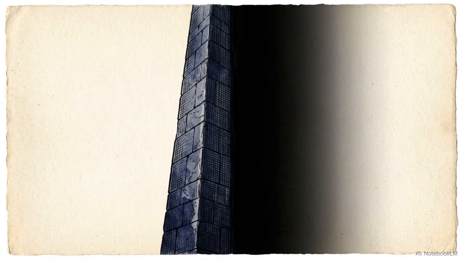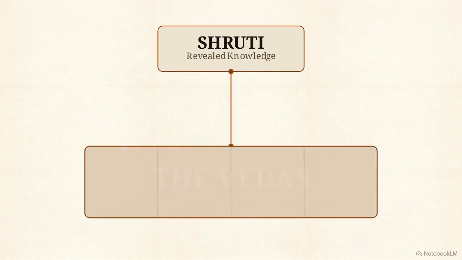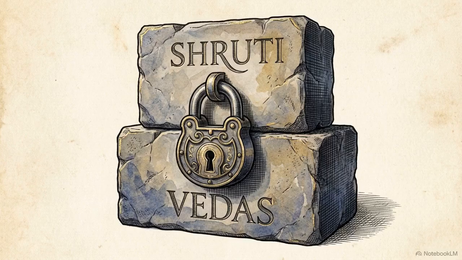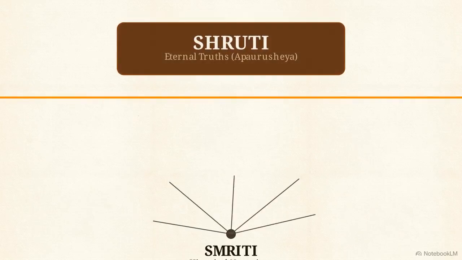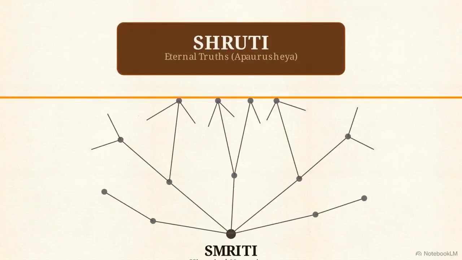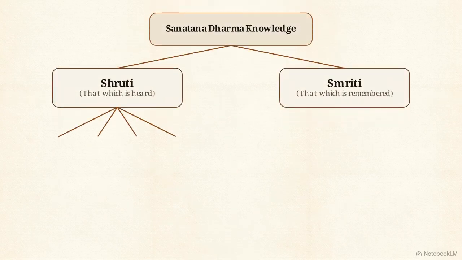To map the blueprint, we start with the Shruti side of the structure. The definitive texts within this primary Shruti category are the Vedas. This binary division provides a structural safeguard. Because Shruti acts as the primary source, it ensures that secondary, historical narratives do not contradict the root principles of the system. The Shruti branch is supported by four main pillars, the four Vedas.